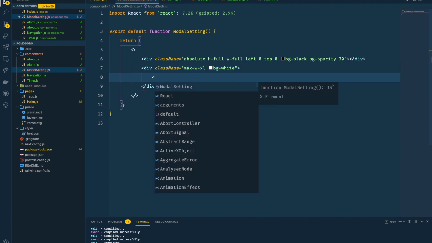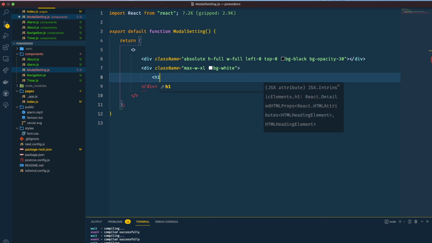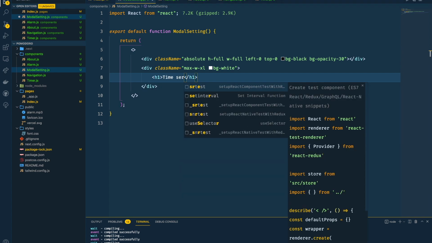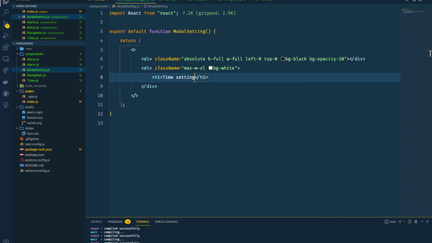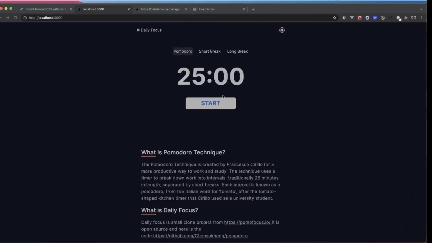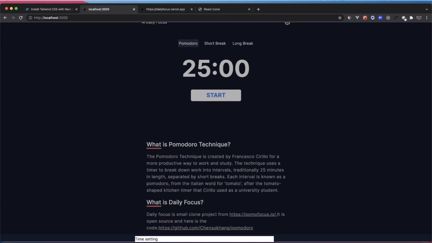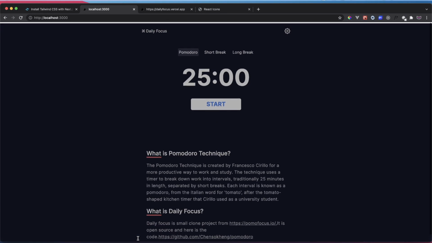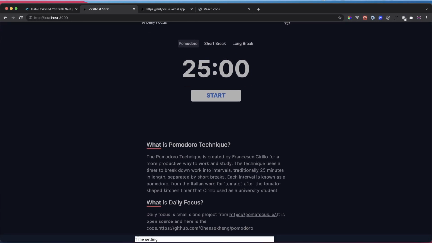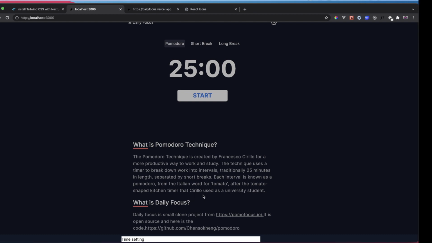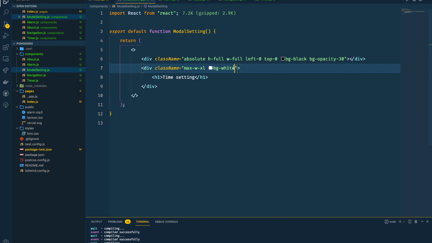So let's say the H1 is going to be time settings, right? Okay, can we see this one? We can see that it's on the bottom, which is not good. So what we want to do for this one is to make it absolute as well. So I'm going to do absolute, and